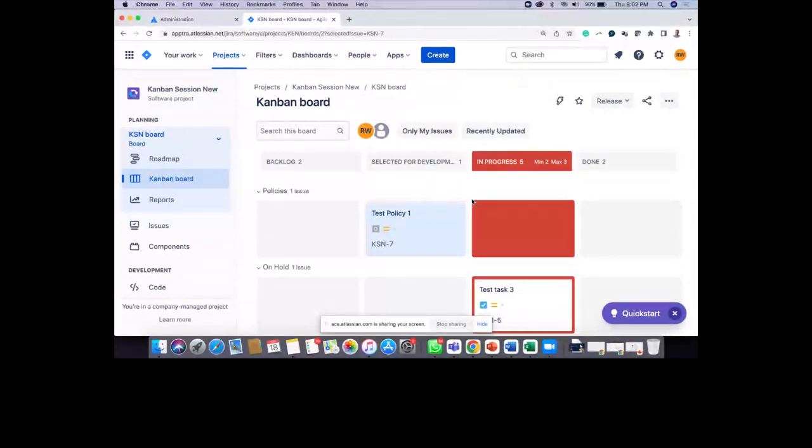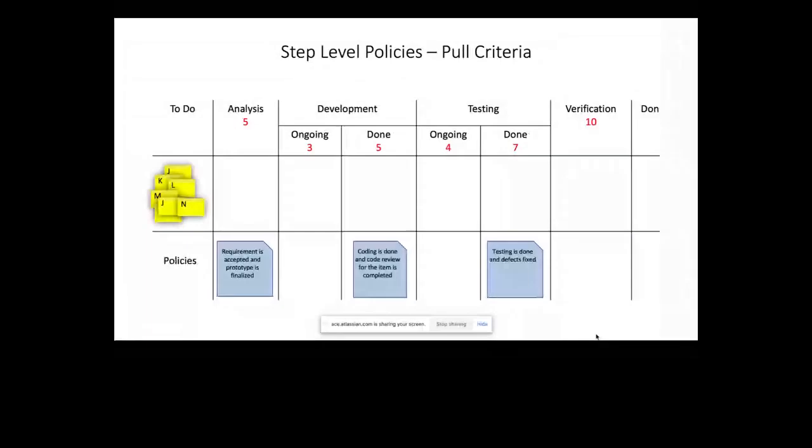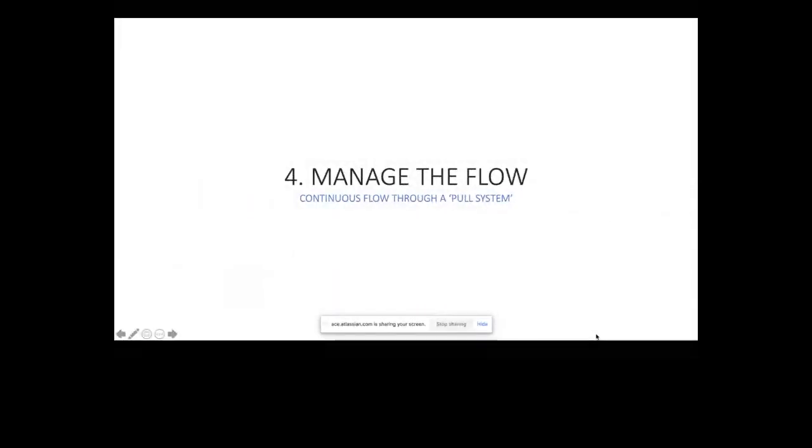The other option that we have is again to create these policies in Confluence, right? Add those stepwise policies in a Confluence page, and make it transparent, make it visible for everyone. Okay, I hope that was clear. Let me know if there are any questions about these policies. And I'm now going to show you all how this works.